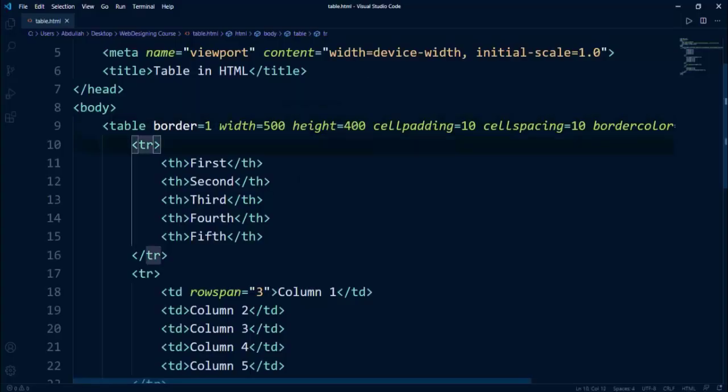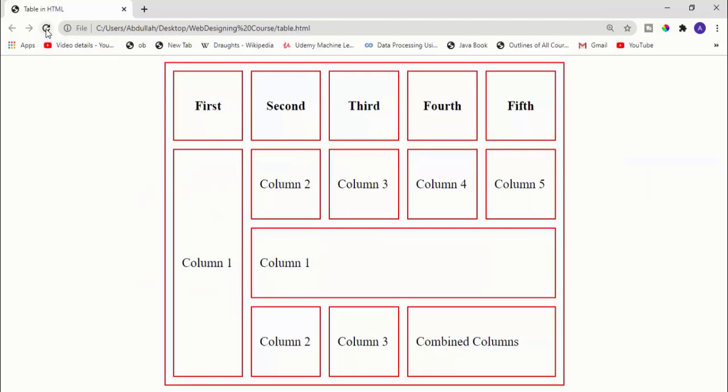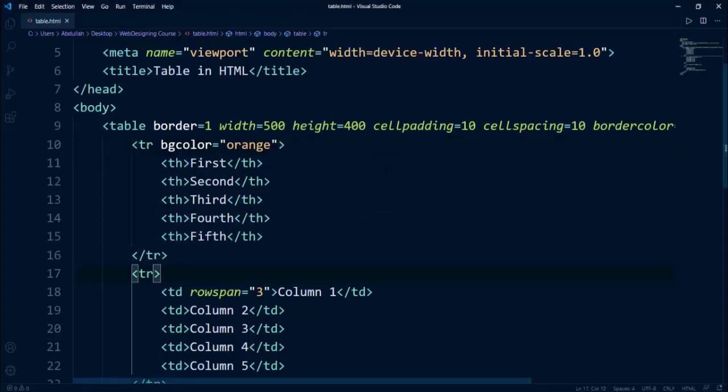Okay, now another thing, you can set the color of the row. So here you can say bgcolor, which stands for background color, and you can say orange or any color name. If I save this file and refresh it, you can see the cells become orange. You can do the same thing right here.